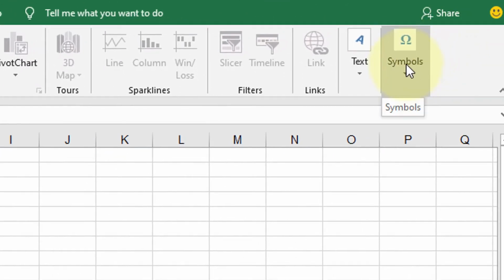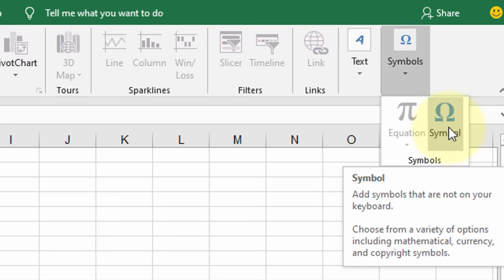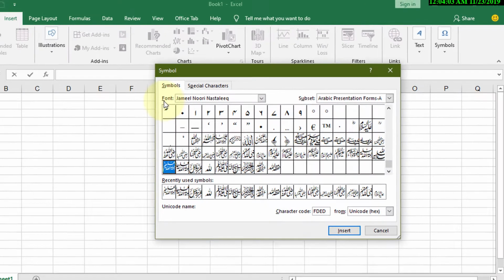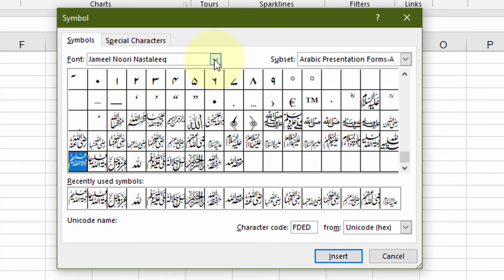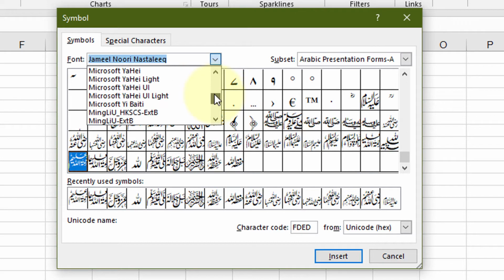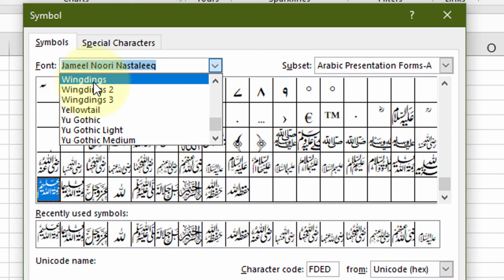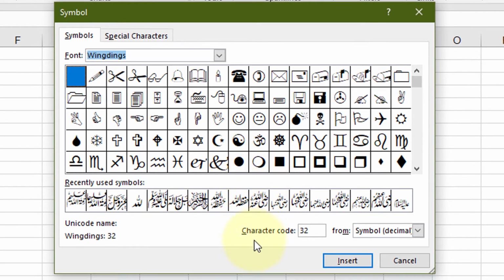Now click on symbols, select symbol. Now in the font section click on this drop down menu icon and in here select Wingdings, this one, and character code enter 252